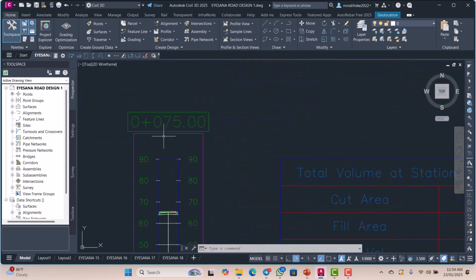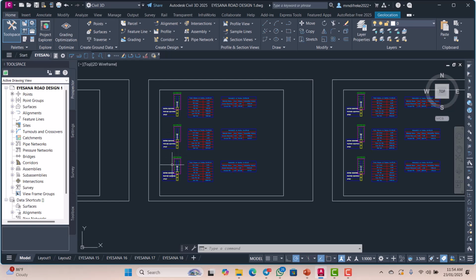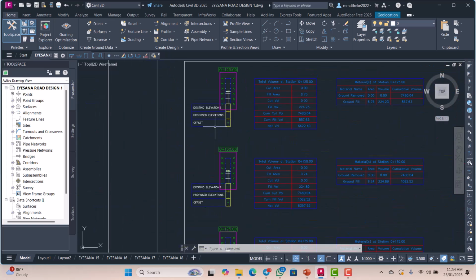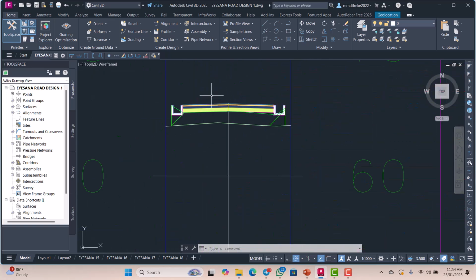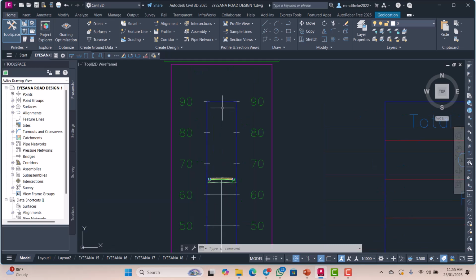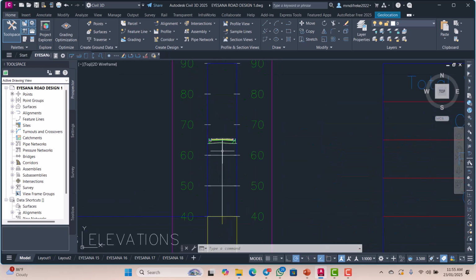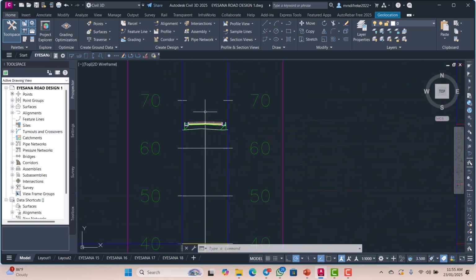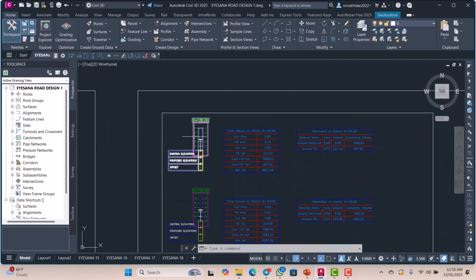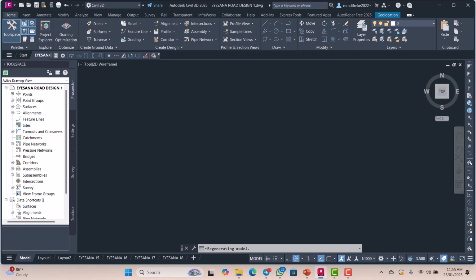This is 0 plus 75. This is 0 plus 100. So you have all the information. So these are the sections at each of the chainages. Okay, so to add more information on this section, so what we will do, so let's